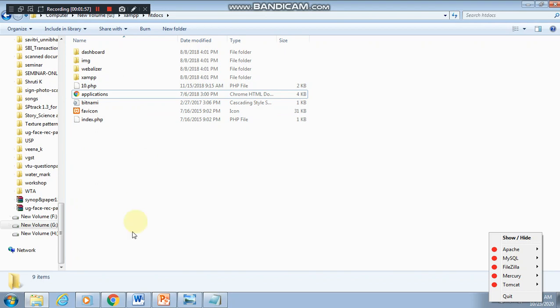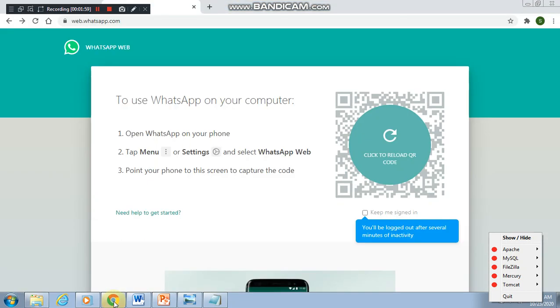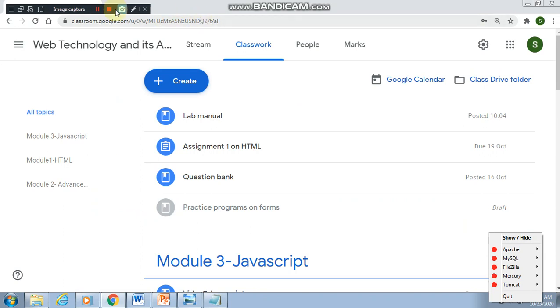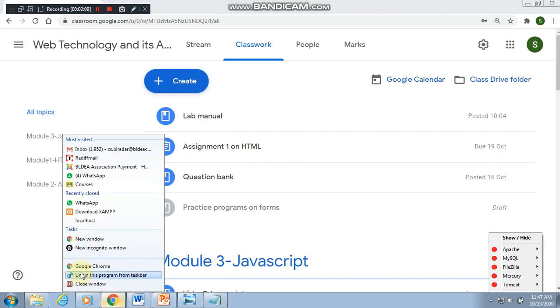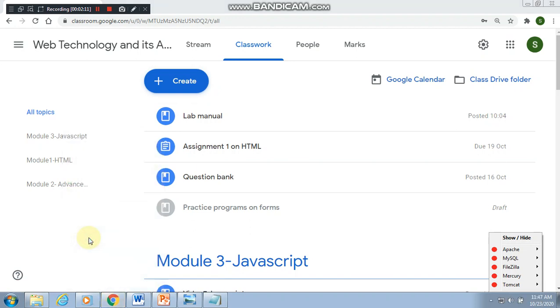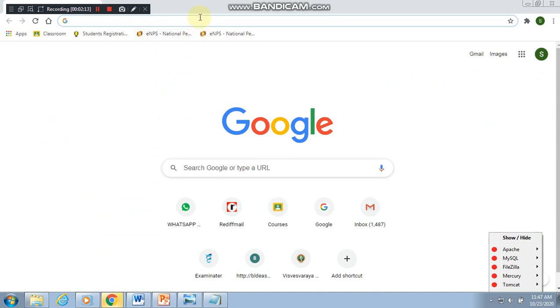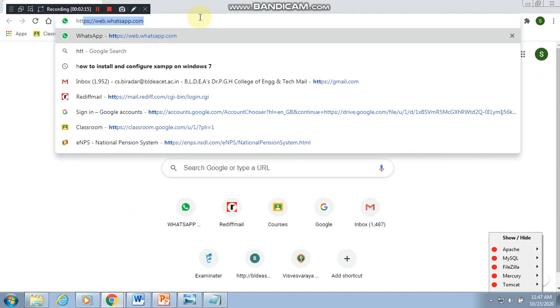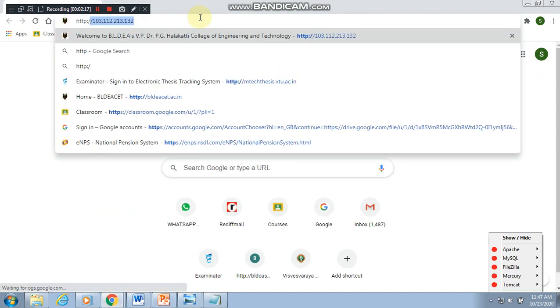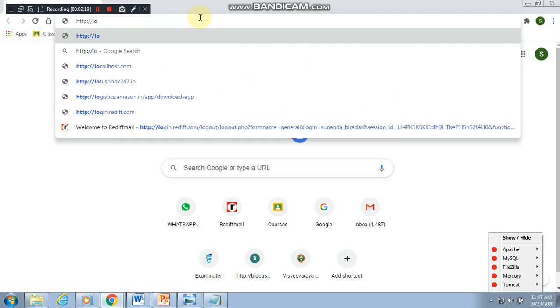One way to check is to open any browser. I'll open a new window here and type http localhost.